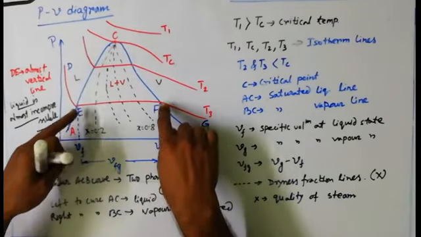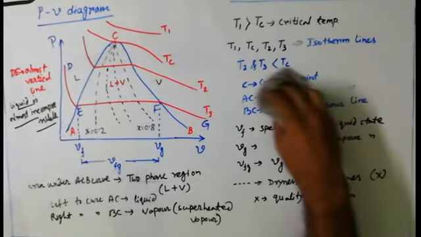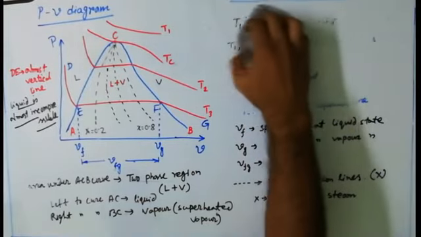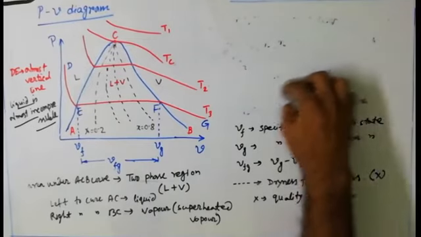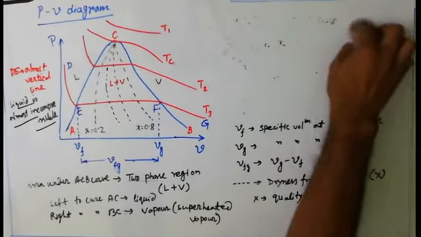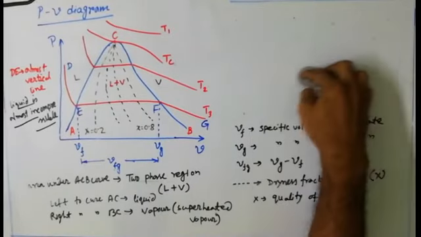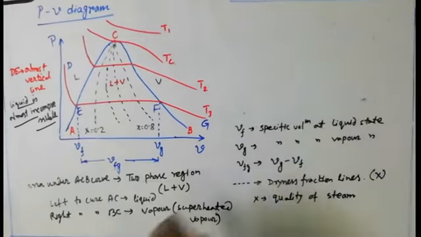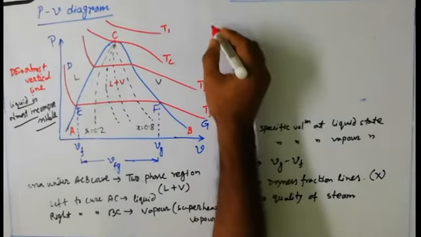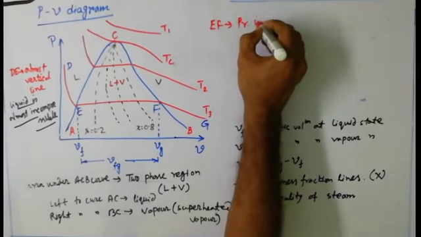Now coming to the EF part, why it is horizontal, I am wiping this part. In the EF part, you can see it is almost a parallel line with the V axis. What does this mean? That means the specific volume is continuously increasing while the pressure is completely constant. So in the EF region we can say that pressure is constant,